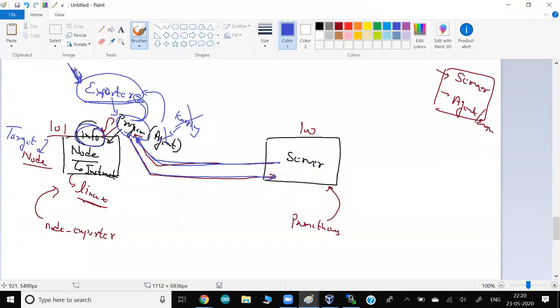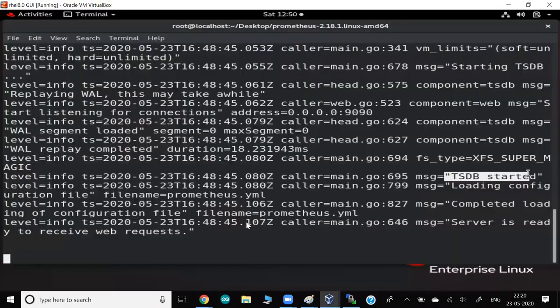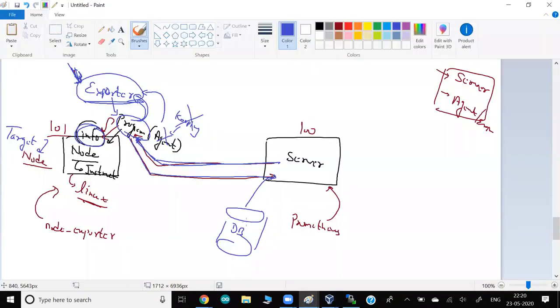And what does Prometheus do? Prometheus stores this data into the database. So that is the role of Prometheus. That's all, technically we don't require anything else. So Prometheus starts and keeps on going to the target and loading the data.